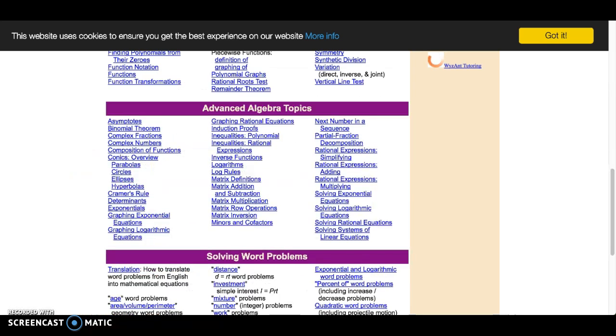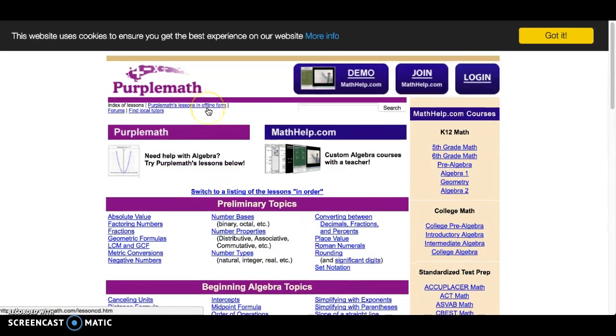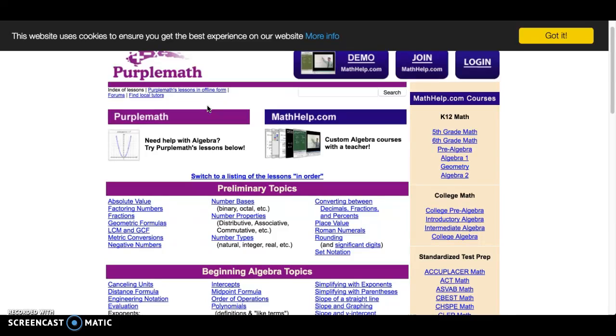So our next two, but we'll get started with Purple Math here. Purple Math is a little bit more text-based, so it's different than the others as it offers a written table of contents and then gives you mostly text directions and examples about how to solve problems. This can be very helpful for people who don't need to listen or see someone solve a problem, but for those who just need step-by-step directions. This is always a good site to check if you need written examples.